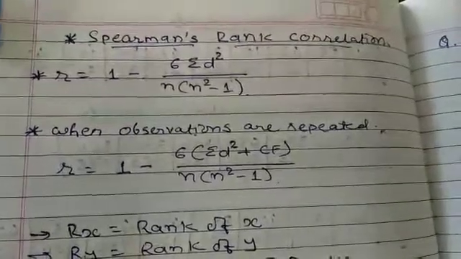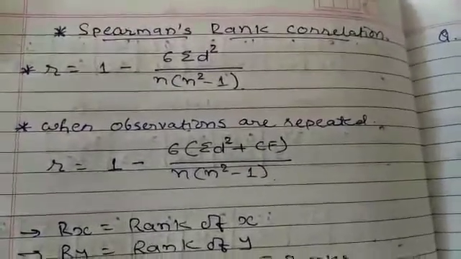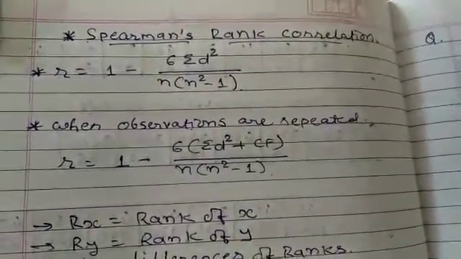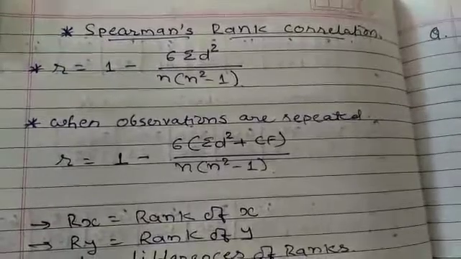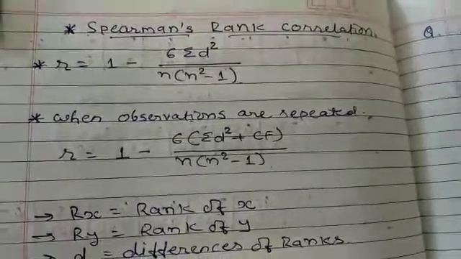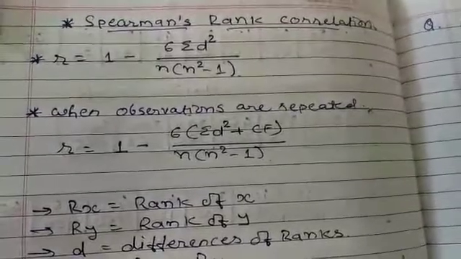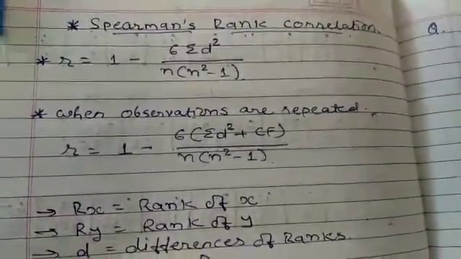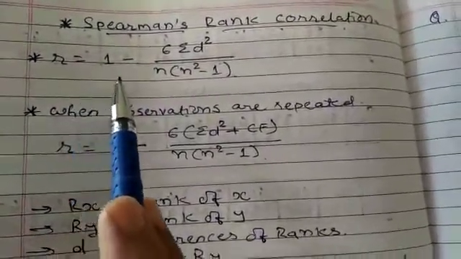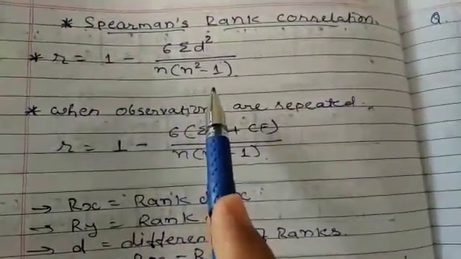Students, we are going to discuss the next method of correlation coefficient, that is Spearman's rank correlation. This is for qualitative data. Whenever any kind of results are to be observed or any fashion shows are to be observed, the ranks are being given, and whenever the ranks are given, the correlation coefficient is to be found out by way of Spearman's rank correlation. The formula to find out rank correlation coefficient is R equals 1 minus 6 sigma d square upon n into n square minus 1.